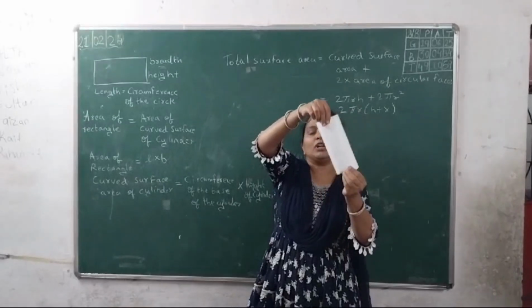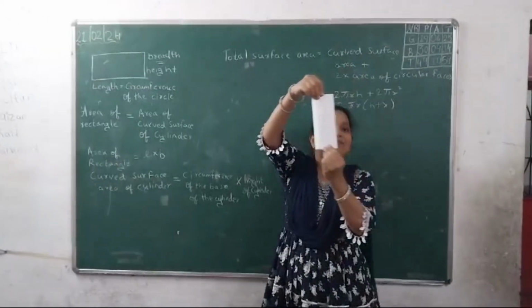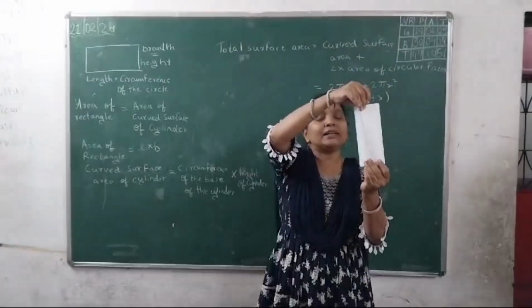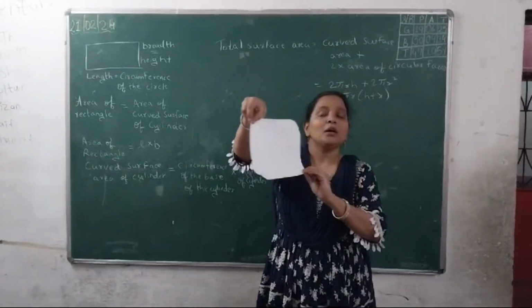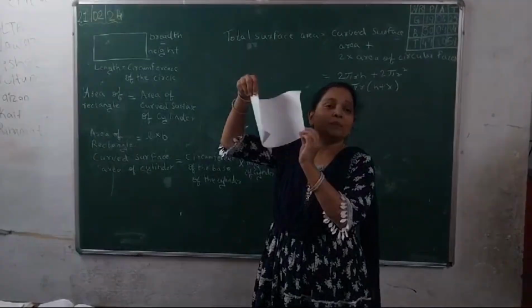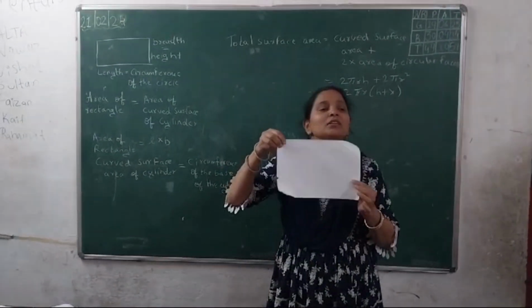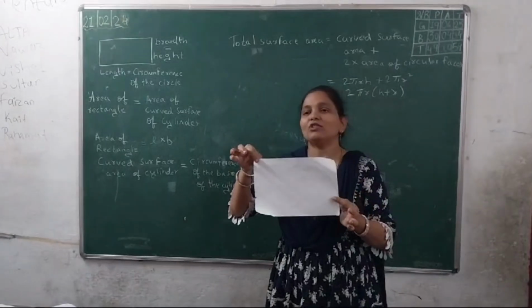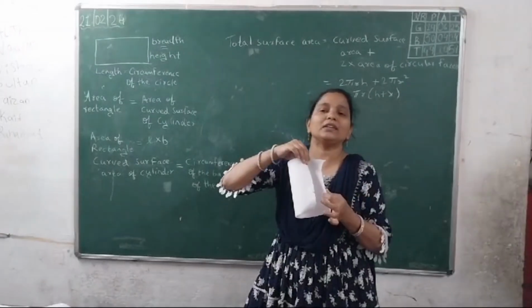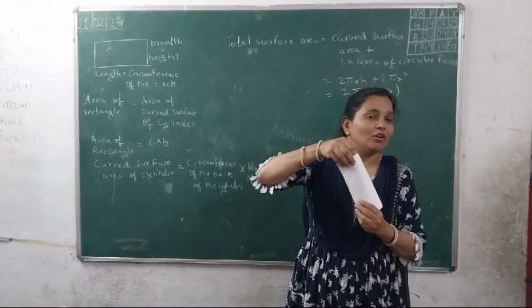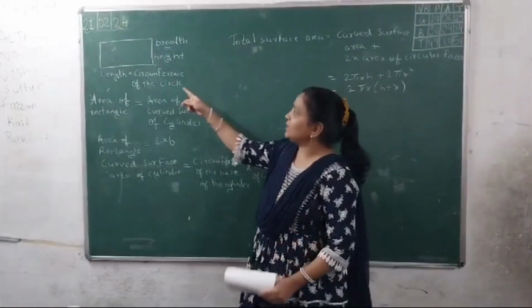turn the rectangular paper, you can see that I have made a cylindrical shape. A cylindrical shape has been made by turning a rectangular paper only. So from this rectangular area, we are going to find the curved surface area of a cylindrical object. Now as we know that the